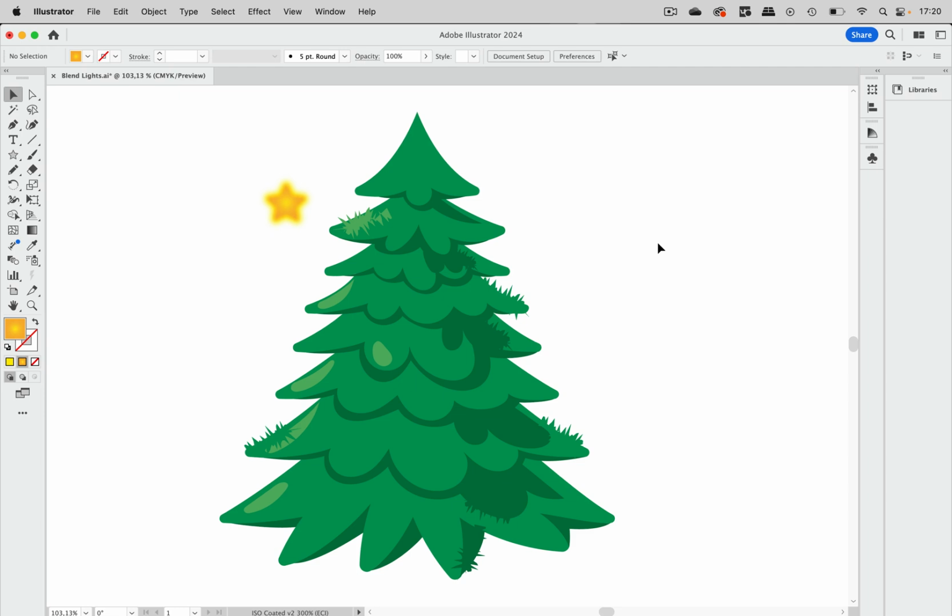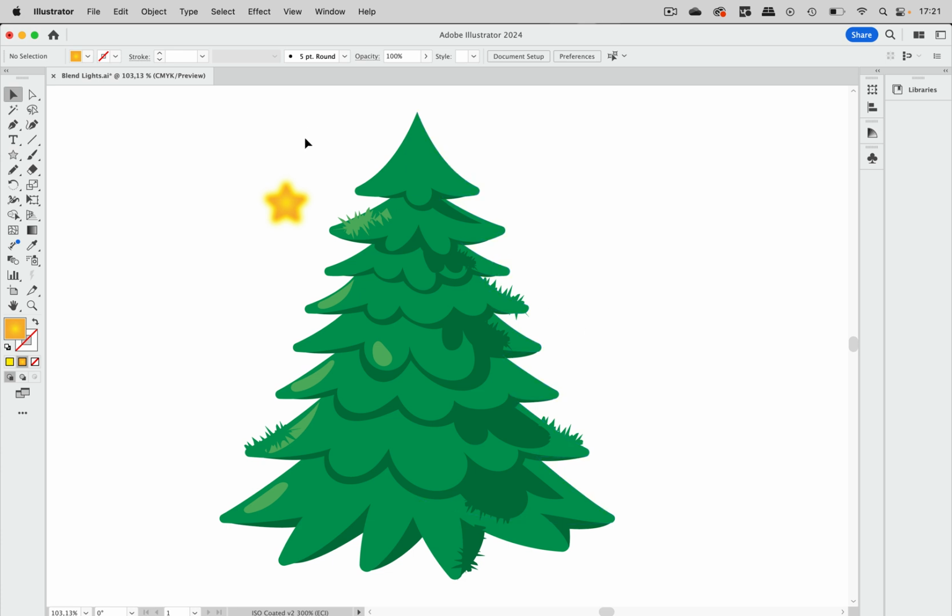Here's a quick tip for your festive season holiday card made at the last minute. Actually, this tip is about blends and about transparency, and of course it will work when it's not the season. So, you've already drawn that green tree and now you want to have some lights around it, and the quickest